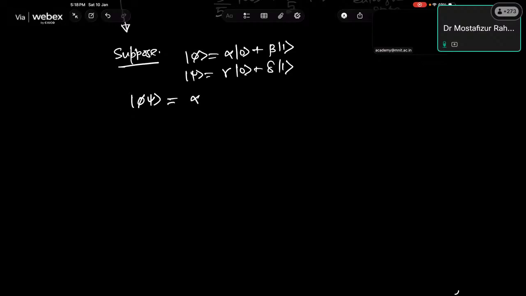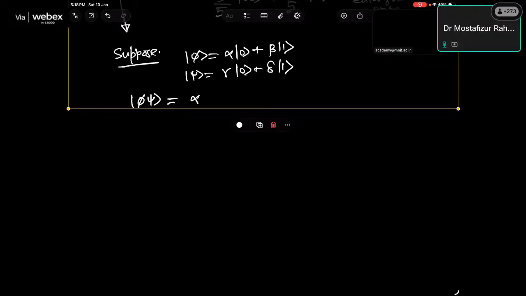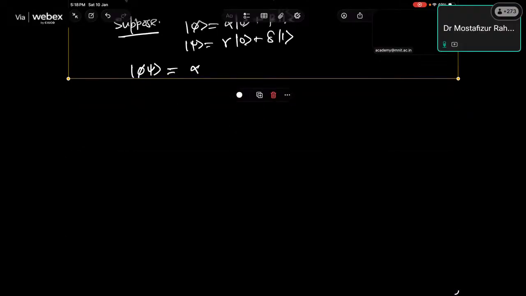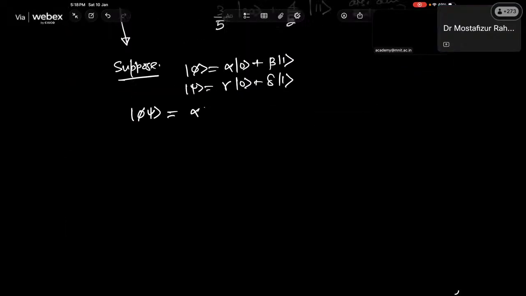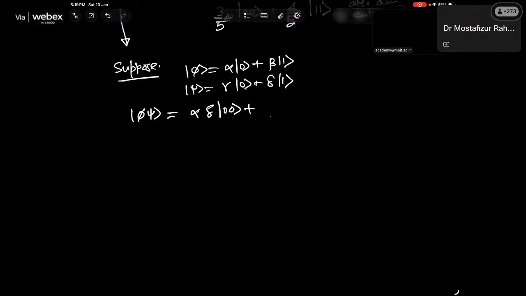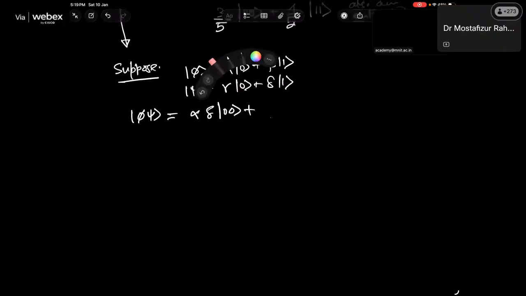You just need to do the tensor multiplication, and what will we get? Alpha gamma 0 0 plus alpha delta,